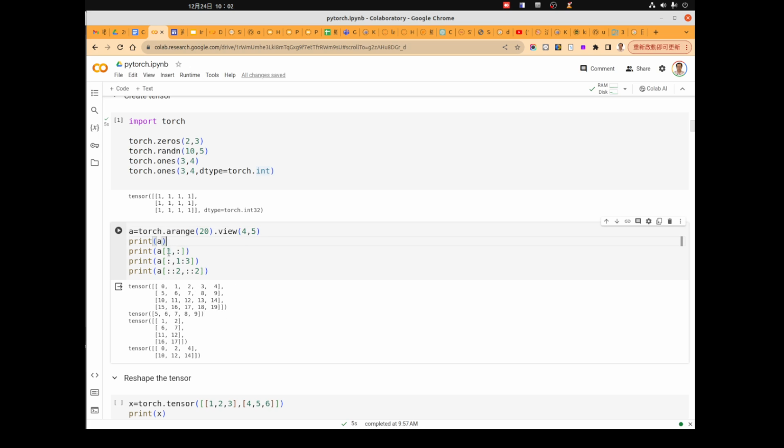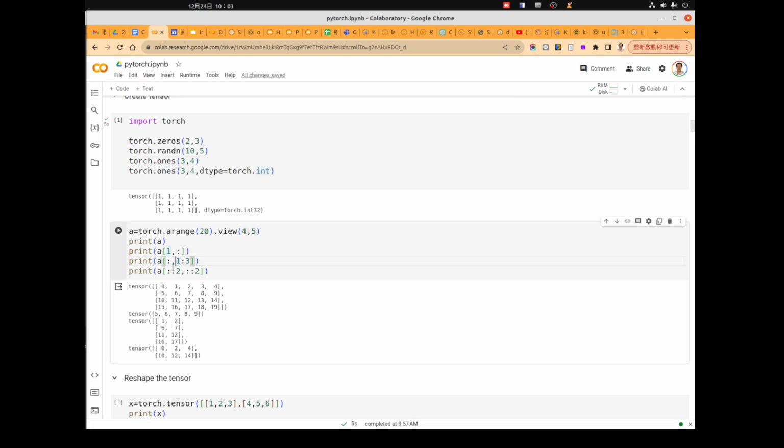And we can access the first row of the array. The row at index 1 should be this one, 5, 6, 7, 8, 9. And we can access all the rows but want only columns 1 and 2. So 1:3 means 1 and 2, not including the last one.